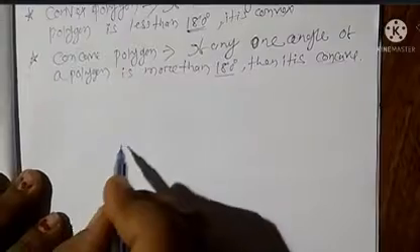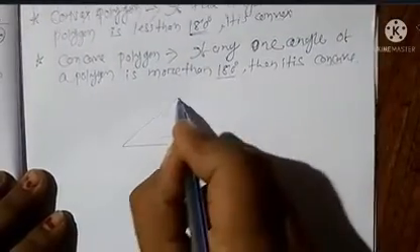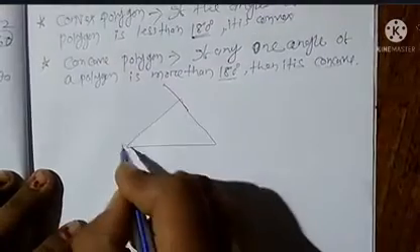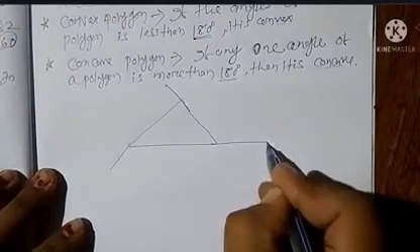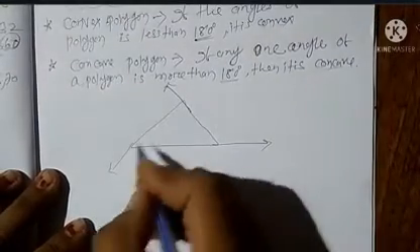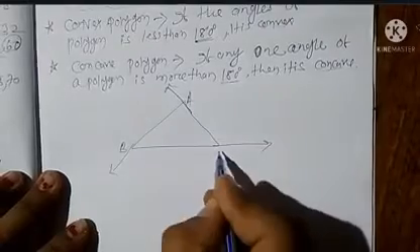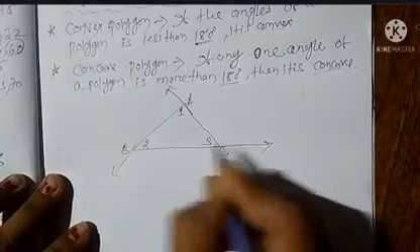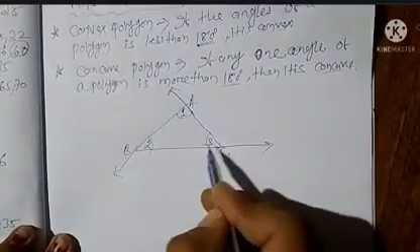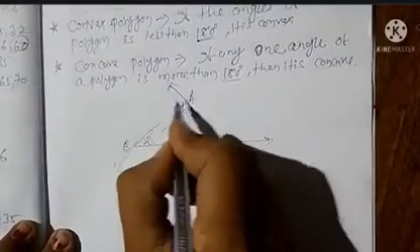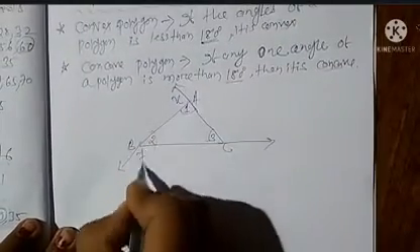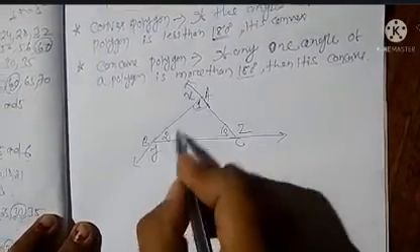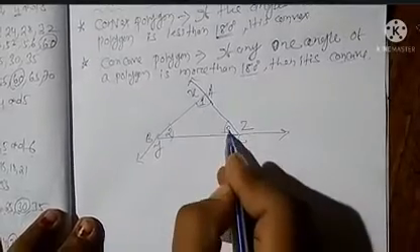See, this is a triangle. Suppose we extend each side. A, B and C. Here the angles are named 1, 2 and 3. So angle 1, angle 2 and angle 3 are the interior angles of the triangle, and suppose x, y and z are the exterior angles. By the angle sum property, angle 1 plus angle 2 plus angle 3 equals 180 degrees.